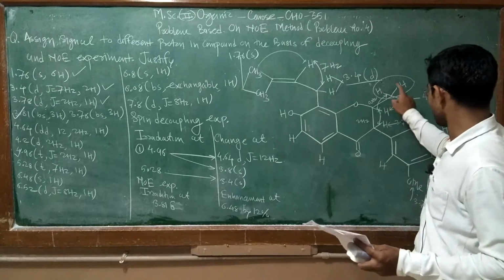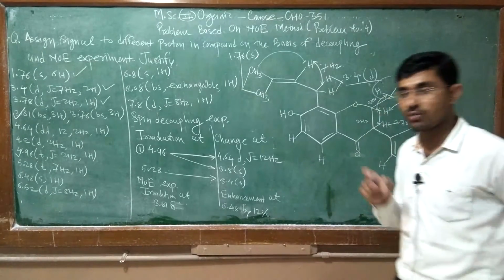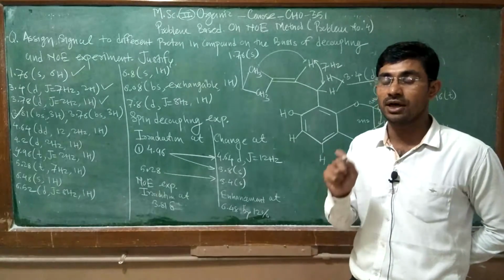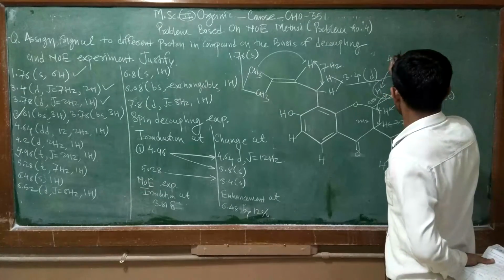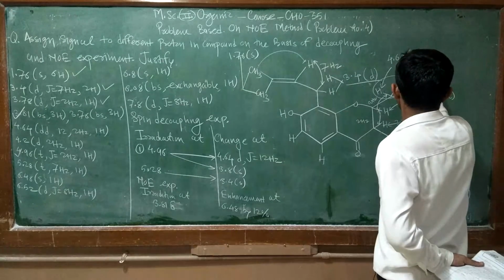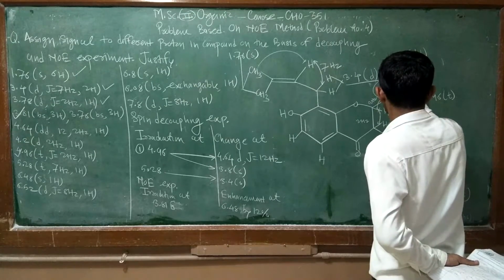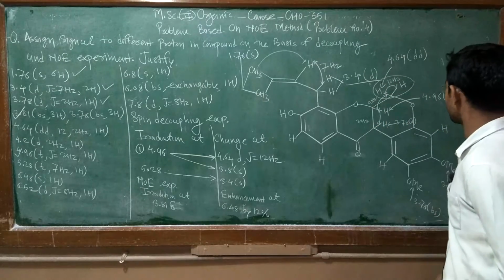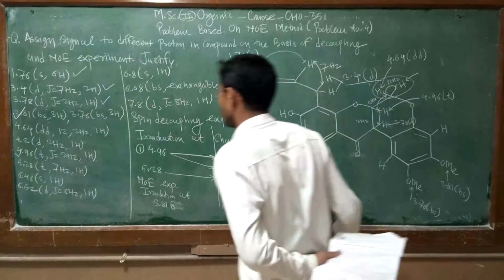So this signal, this proton, is actually the diastereotopic proton, and because of that they do not show the same signal; they undergo geminal coupling. So one proton shows 4.64, a doublet of doublet, meaning it couples with the other proton with 12 hertz and also with the neighboring proton with 2 hertz. And the one remaining proton is the 4.2, only a doublet.